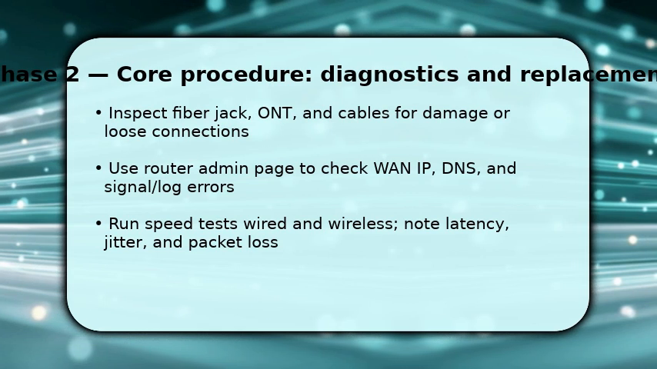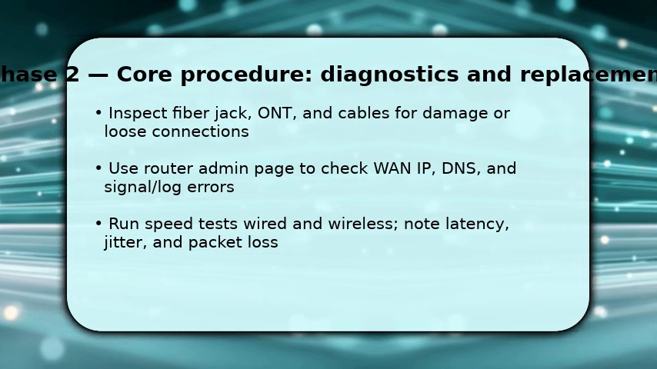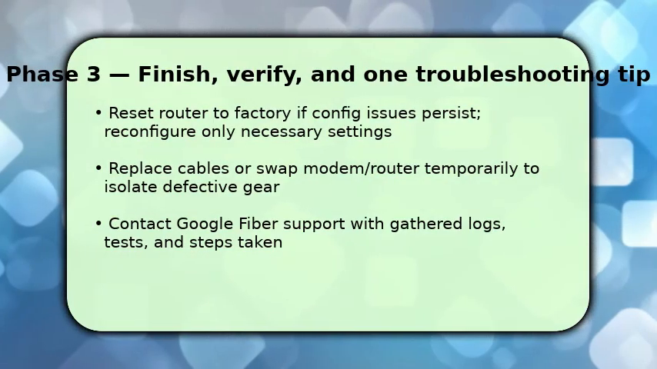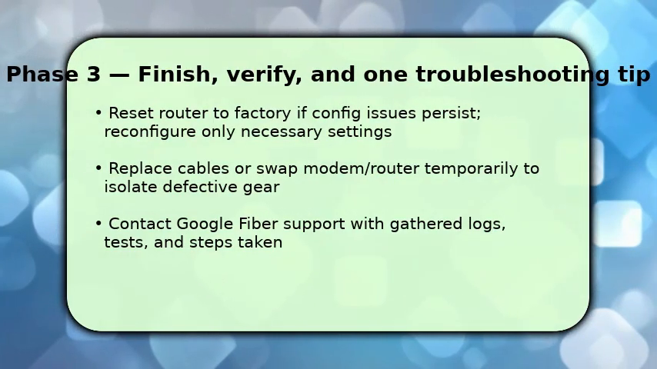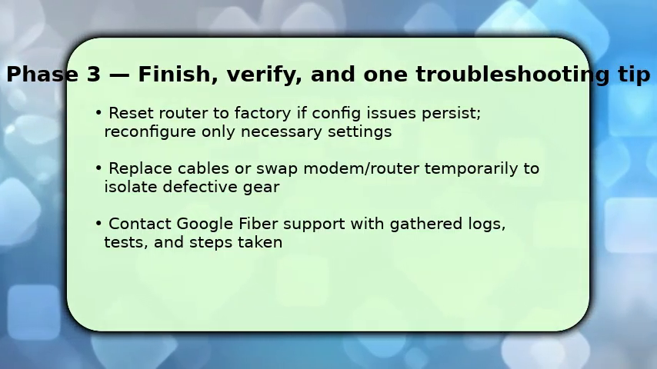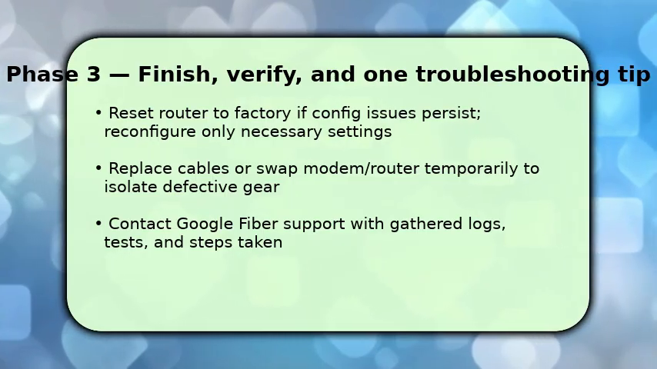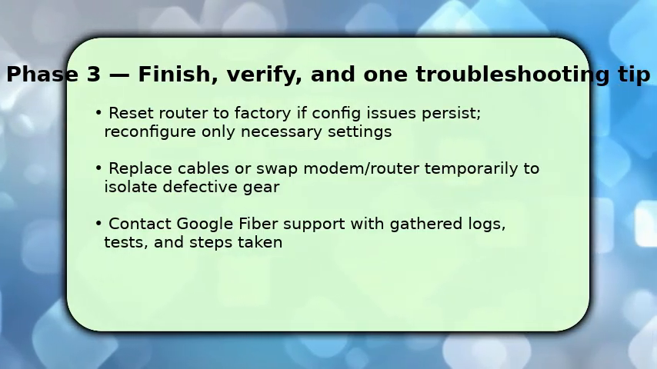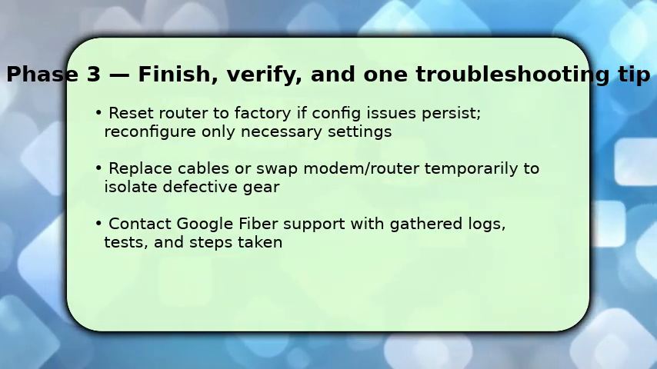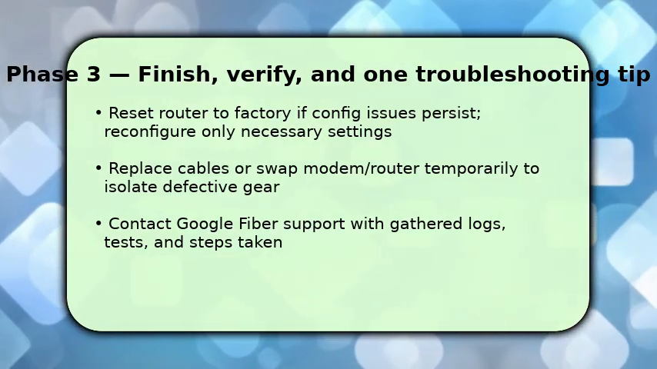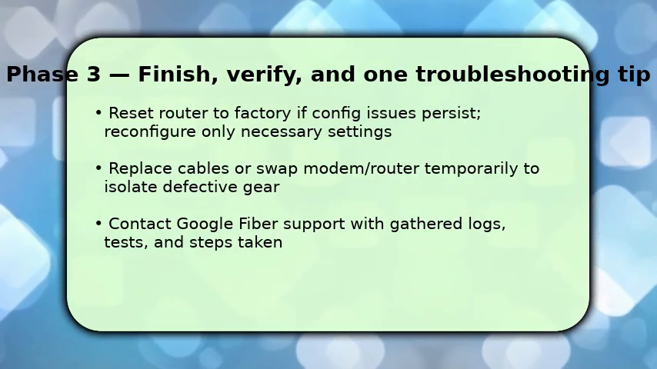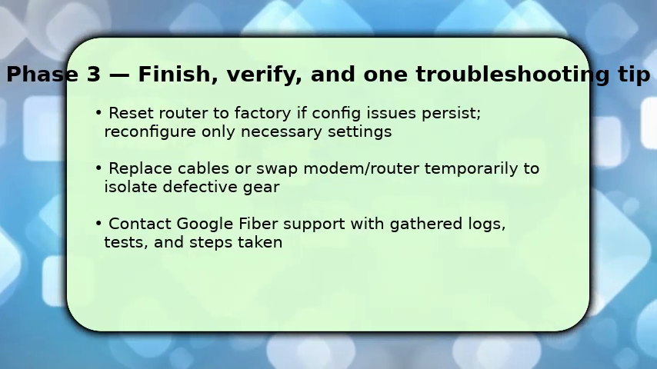a local Wi-Fi issue. To finish, take corrective actions based on your findings and be methodical about changes. If configuration seems corrupt, back up settings and do a factory reset, then reapply only essential settings so you don't reintroduce the fault. If hardware looks suspect, replace Ethernet or fiber jumper cables, and, if possible, swap in a spare router or ONT to isolate defective equipment. If problems remain, contact Google Fiber support and provide your speed tests, router logs, and